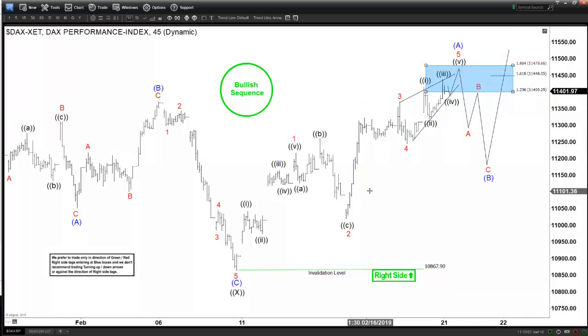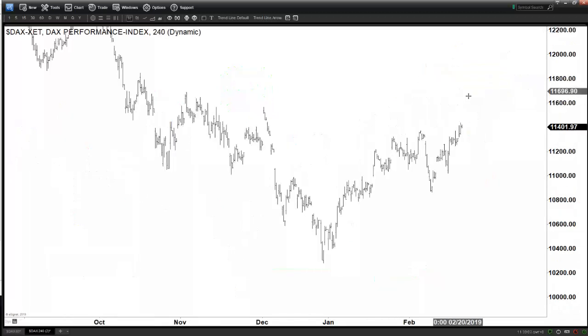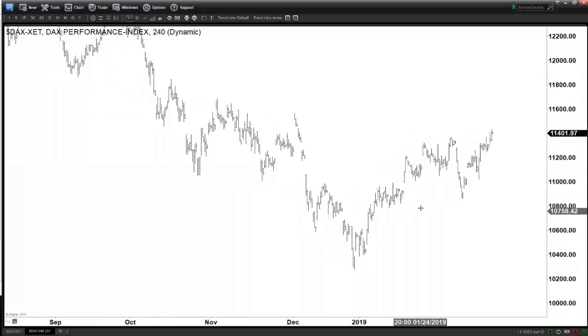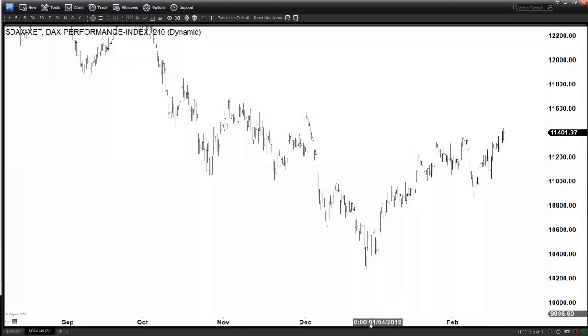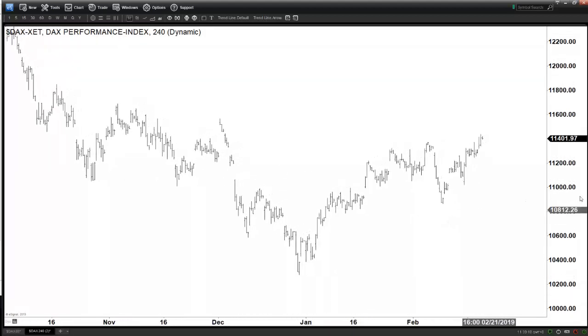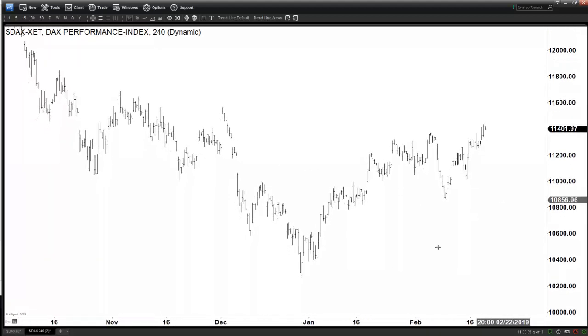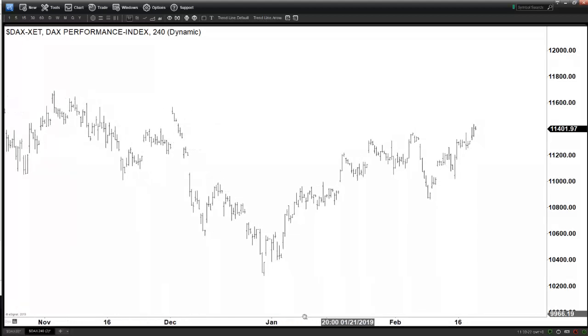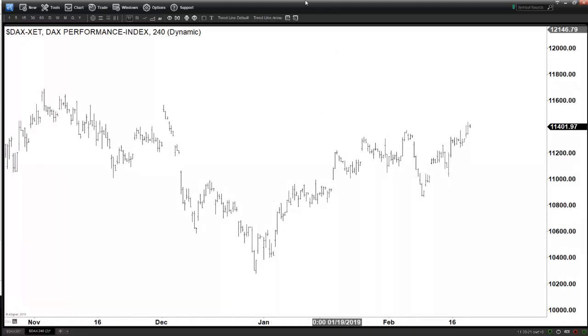If we look at the larger time frame, this is the 4-hour chart. We don't have the full labels. Again, for full labels in different time frames, you can take a look inside the member area, and we do have a 14 days free trial for you if you are a new client, so you can take advantage of that. You can see right here, if you look at it from December 28, 2018 low,